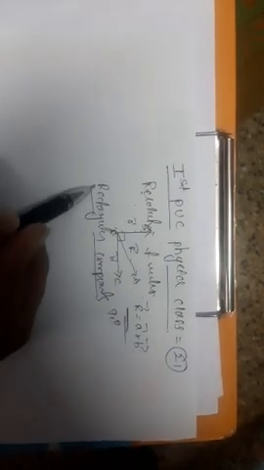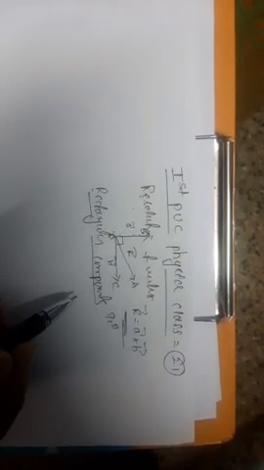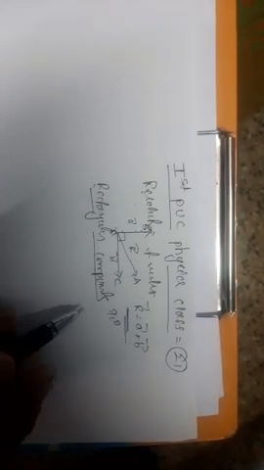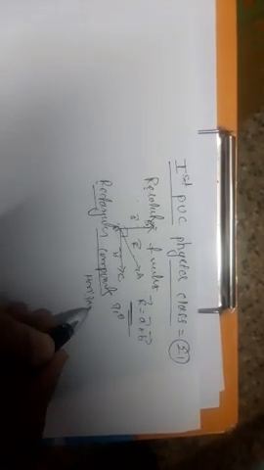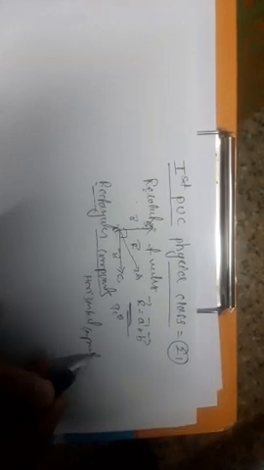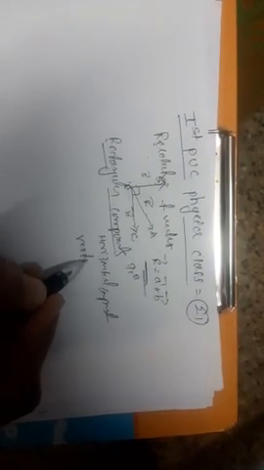That means rectangular components are the two different components into which a vector is resolved, and these two components are mutually perpendicular to each other. That is called rectangular components. This concept was already discussed in the previous classes. There are two different components of a resolution of a vector: one is the horizontal component, and one more is the vertical component.